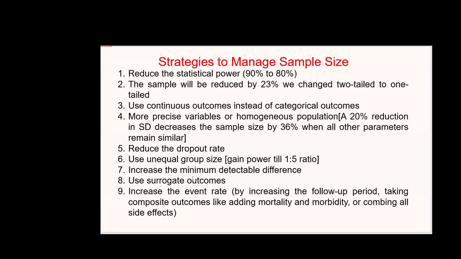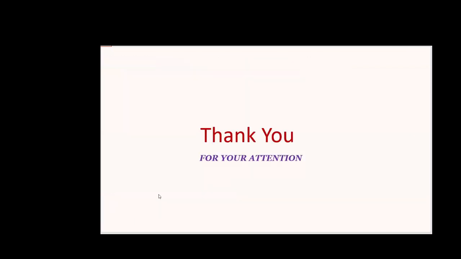For example, in breast cancer patients, we increase the study period to 10 years, so we get more events of mortality or recurrence, instead of following up for 5 years. So that is one of the methods for managing the sample size. These are the ways of managing the sample size. And now I finish all the